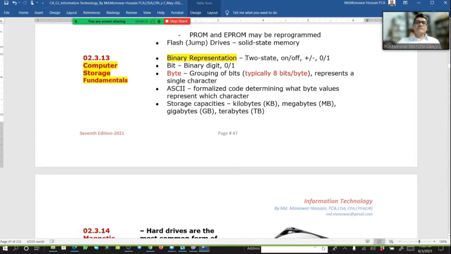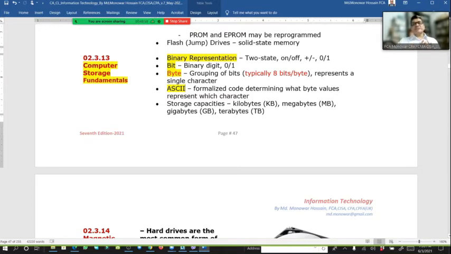So what is a bit? Bit means binary digit, either 0 or 1. So what is a byte? Byte means a grouping of bits. Basically, 8 bits make a byte. 8 bits make a byte. What is ASCII? It is the formalized code determination where byte values represent